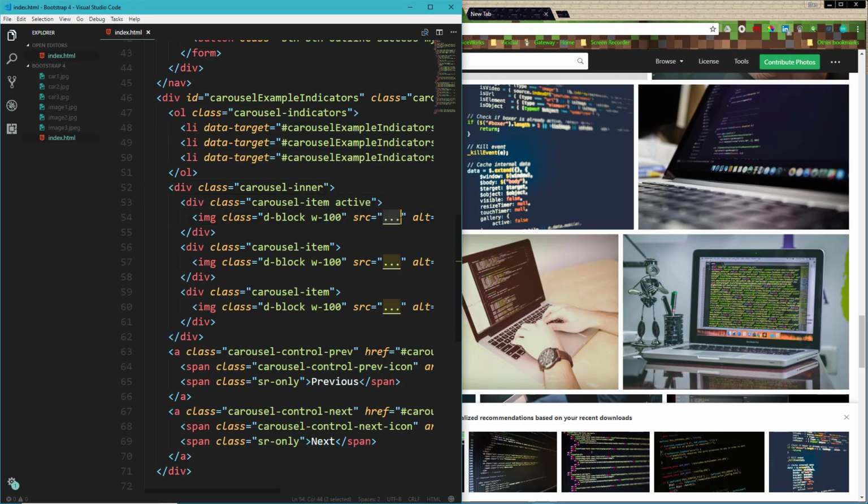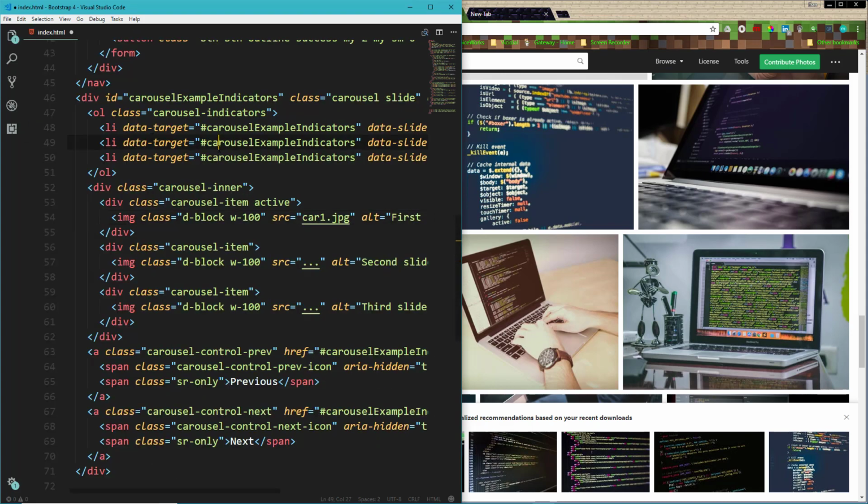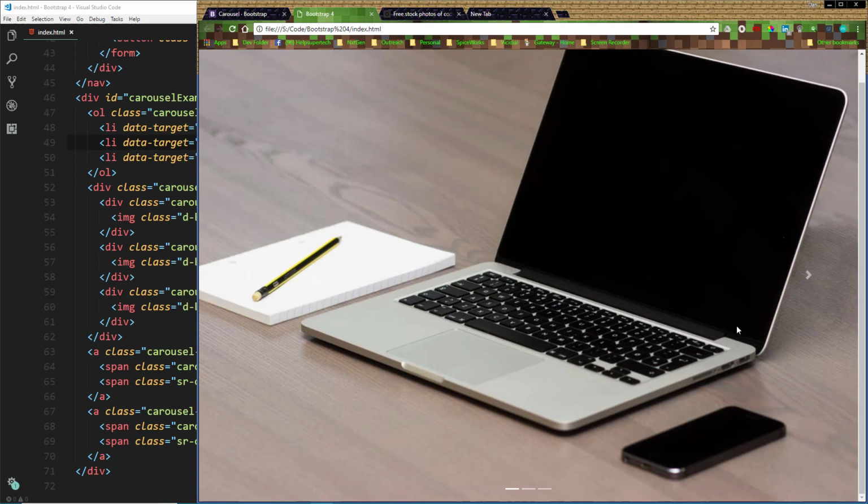So right here, I'm just going to reference car1.jpg for carousel 1. And I don't have them in their own folder, so they're just sitting out in the open right there, so I don't have to reference an images folder and then the image there. It's just the image. Save that, come back over here and refresh this, and we have a really large image